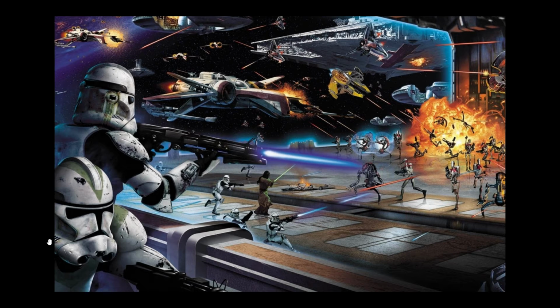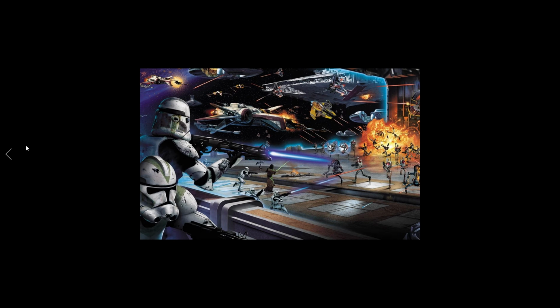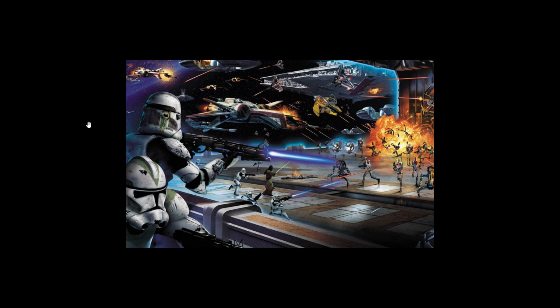Now, there are also other similarities. The Republic and the United States of America both fight against a hostile government force that wants to separate from them, and this leads into a long drawn out war for both the Republic and the United States. In the end,